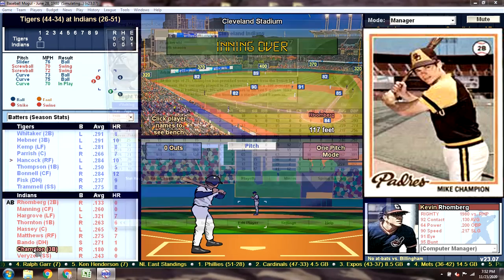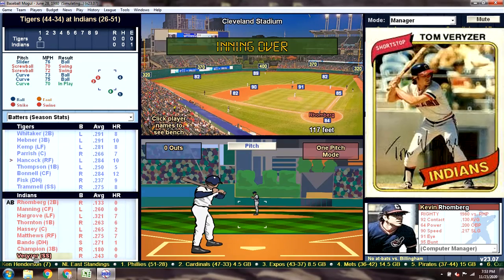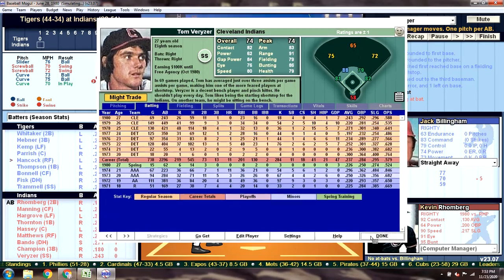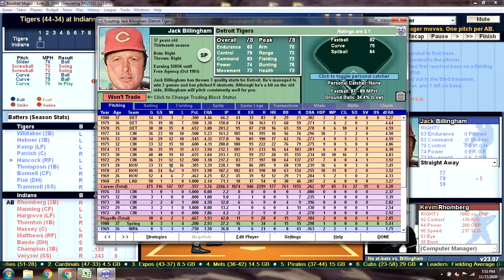And batting eighth and at third base is Mike Champion. And finally batting ninth and playing shortstop, a former Tiger, Tom Verizor. And on the mound for the Detroit Tigers, making his 15th start of the year, is Jack Billingham, 3-7 with a 4.46 ERA,